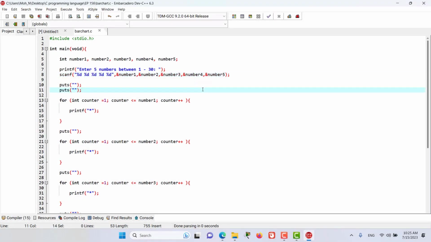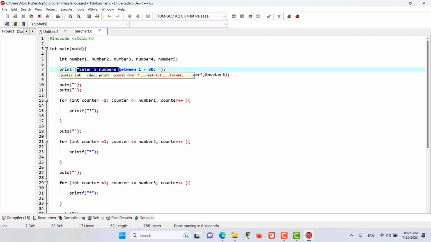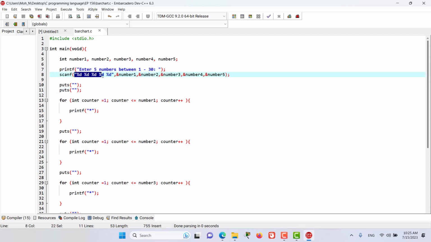Welcome back, and this is the solution to the problem that we were discussing about. In here we have 5 variables that are going to store the numbers from the user. Then we have a prompt for the user to enter 5 numbers between 1 and 30. Then we are going to scan those numbers using scanf, and we are going to store them